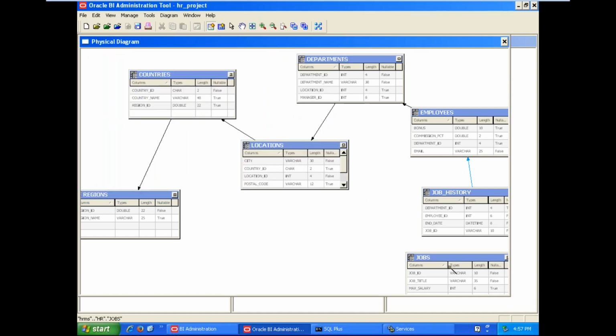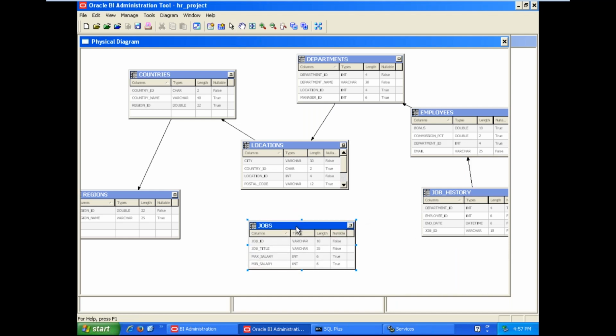Next, the jobs table is also there. Here one employee is working with different designations in different time periods. The details are available in the jobs table in a unique manner. There is a job ID with job title available here, with minimum salary as well as maximum salary of the employee. Here in the jobs table, this is already predefined. It is a reference table. The jobs table is a reference table.